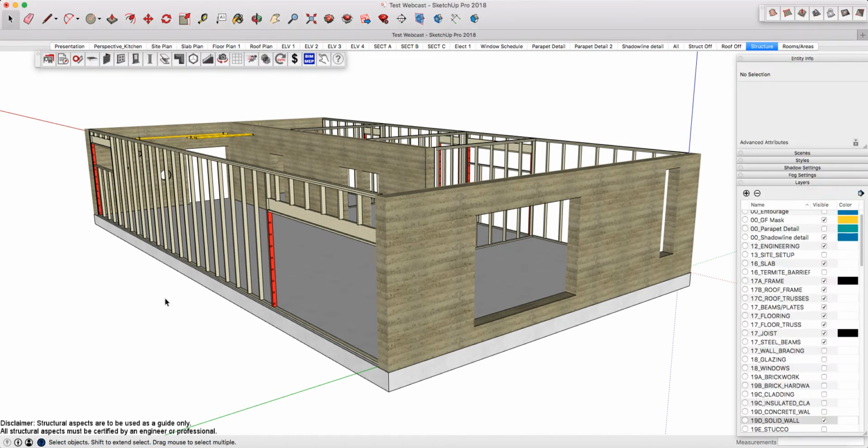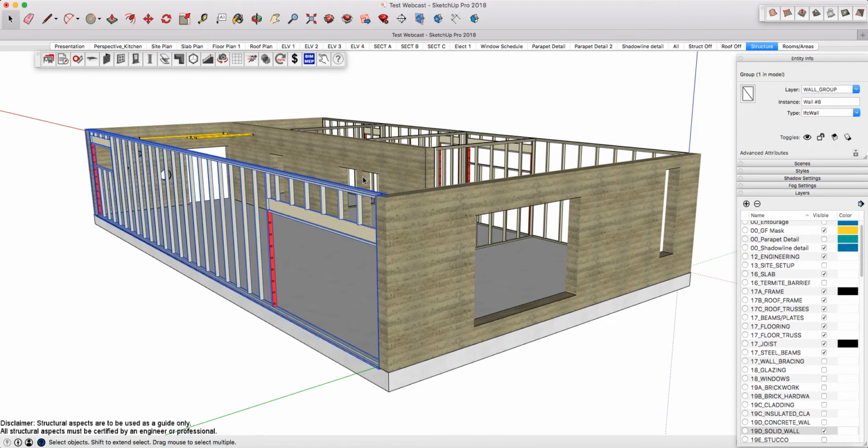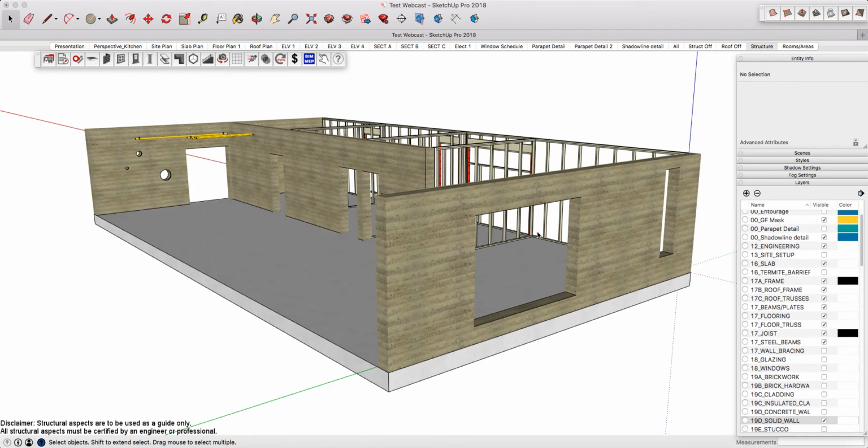So Plusspec automates all of the layers for you, but it gives you the complete control to modify your projects and display them however you want. But in that process, there can be some error. So you might accidentally grab a wall, for example, and then go into the entity info and change the master grouping. So for example, I've got this entourage layer. And if I've now turned that wall onto the 00 entourage layer, you can see that in my structure scene,